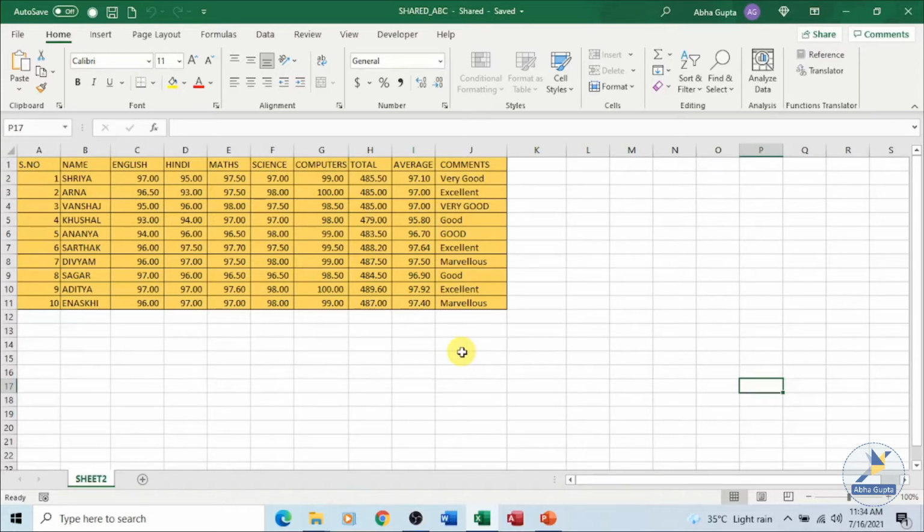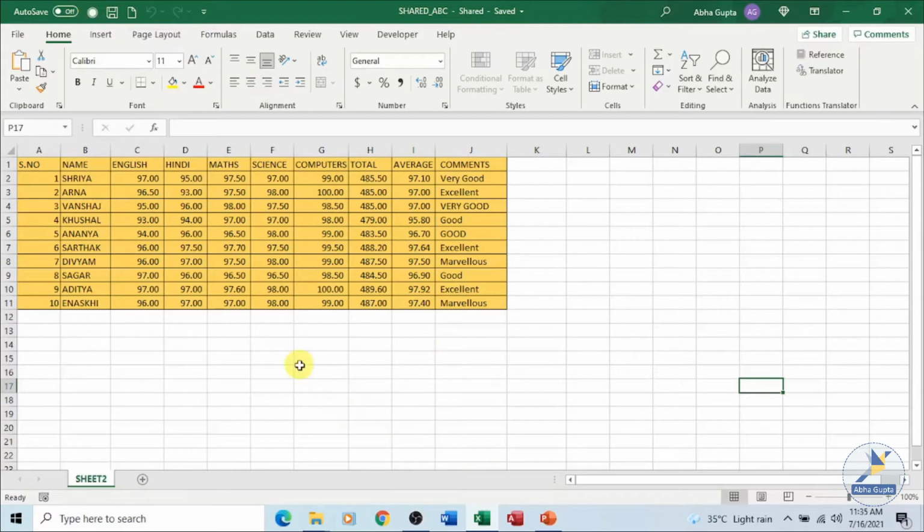Once we merge the workbook, we have the same facility of tracking and reviewing the changes, whether we want to accept or reject the changes. For this we make use of the compare and merge workbook option, or the tool or the command which is present over here on my quick access toolbar. You can see a dot over here. If I hover over it, you can see compare and merge workbook.